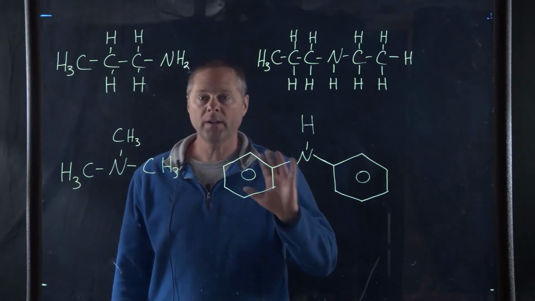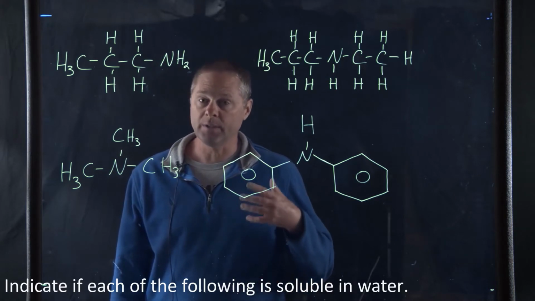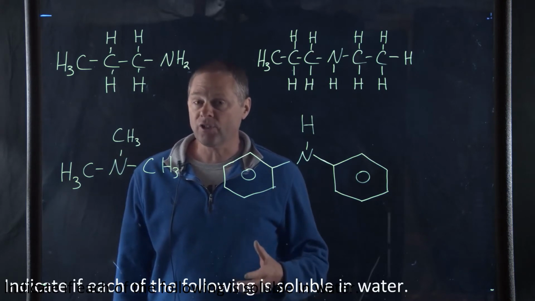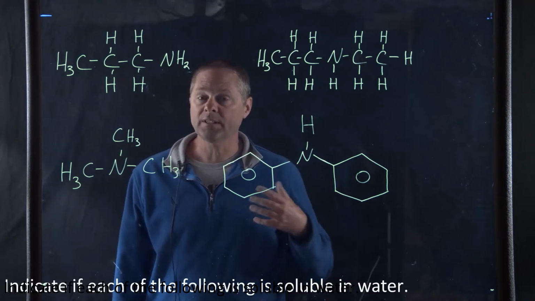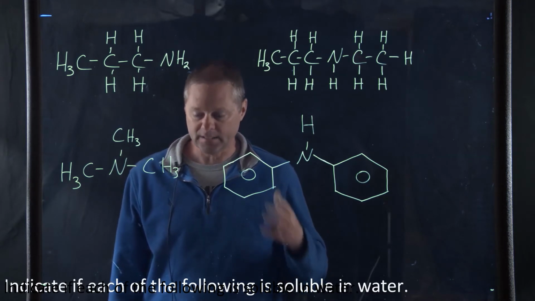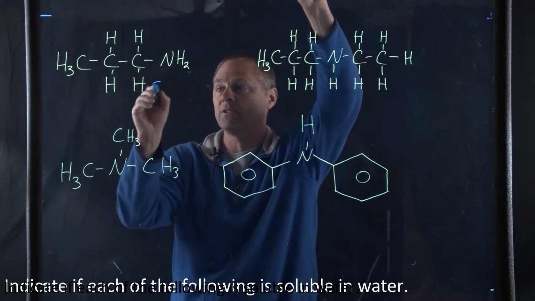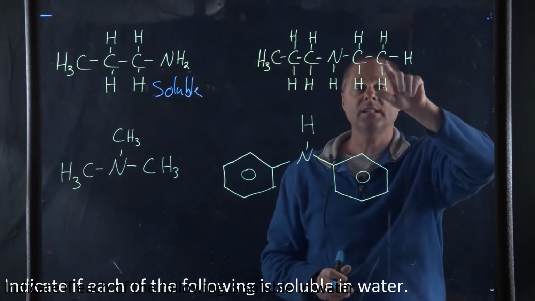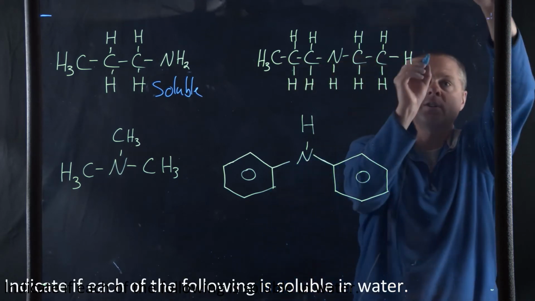In this problem, we want to determine the solubility of the amine in water. So we want to indicate whether the amine is going to be soluble in water or insoluble in water. Now the rules for solubility are such that if it contains 1 to 5 carbon chains, it's going to be a soluble amine. If it has 5 or more carbon chains, it's going to be insoluble. So the first one here, this carbon chain is 1, 2, 3. There's our amine, so this is going to be soluble. Over here, this contains 5 carbons. The chain is 1, 2, 3, 4, 5. So this is going to be